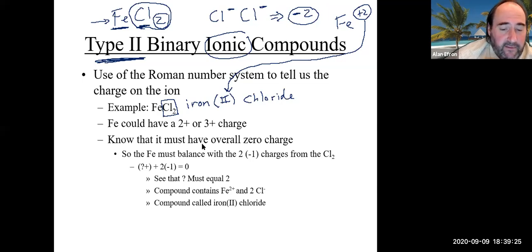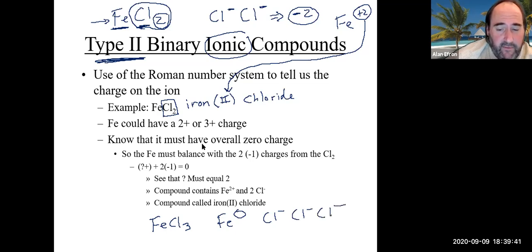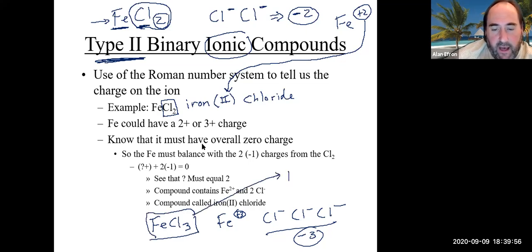And that is different, and you do need the Roman numeral because if you had something like FeCl3, this would again be iron that I'm not sure what the charge is. I do have Cl, which is Cl minus. In this case, I don't have 2, but I have 3 of them, which gives me a -3 charge, which means in this case, this iron is actually +3. So this guy here would be called, we'll go this way with it, iron Roman numeral 3 for the charge on it,